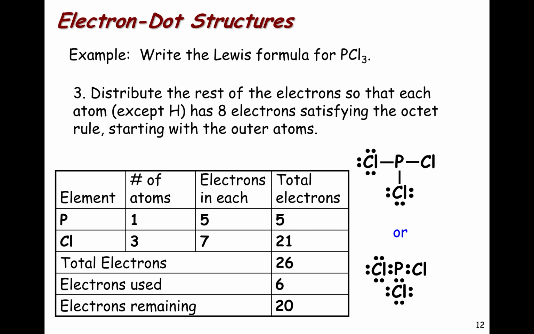We do that likewise for the remaining 2 chlorines. At this stage, we have used 6 times 3, or 18 of the remaining 20 electrons. We see that phosphorus only has a total of 6 electrons around it because of the shared pairs of electrons, and so the remaining 2 electrons can go to the phosphorus, producing the octet for